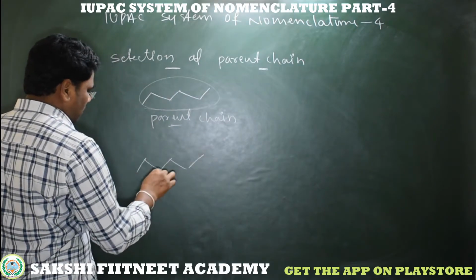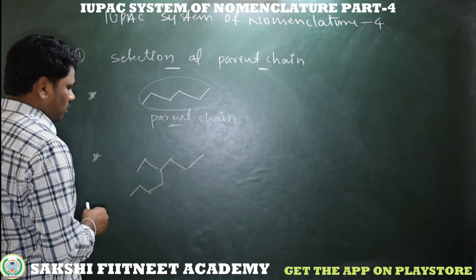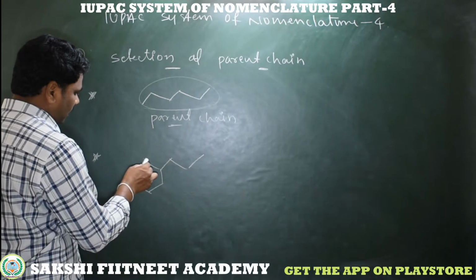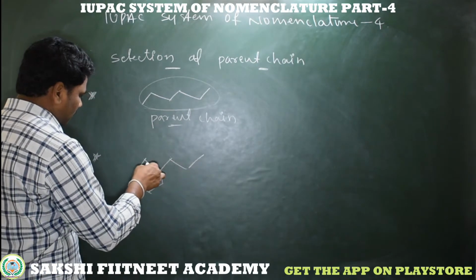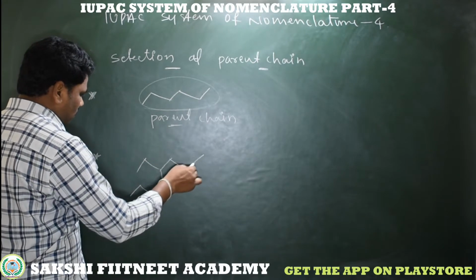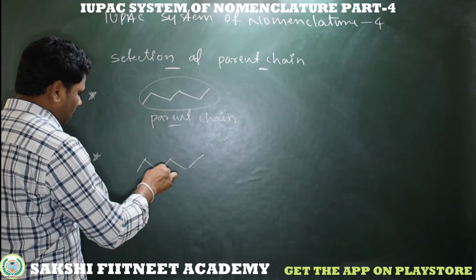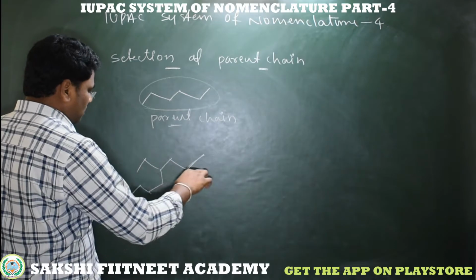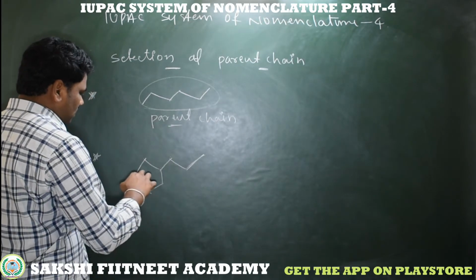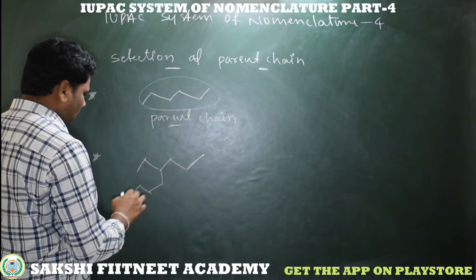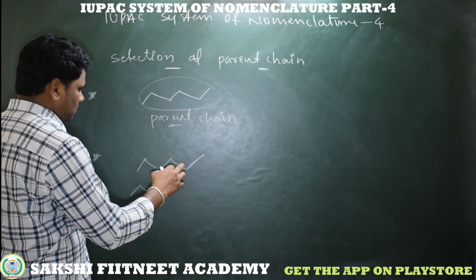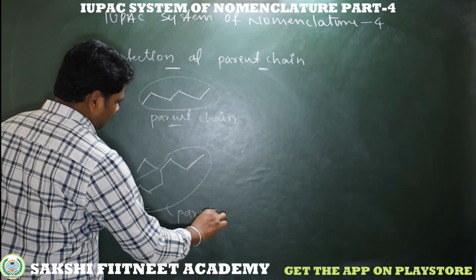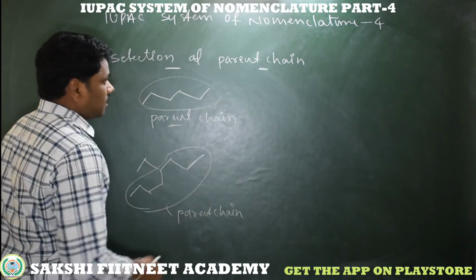And coming to the second case, if the molecule shows more than one longer chain, see here this is a molecule. Here I am taking different paths. First I am taking this: first, second, third, fourth, fifth, sixth. In this way I am getting 6 carbons. And what about 1, 2, 3, 4, 5, 6, 7, 8. In this way I am getting 8 carbons. So we have 2 longer chains here. One is a straight chain and one is like this. So this one has 6 carbons and this one has 8 carbons. So this becomes the parent chain. It's very easy.